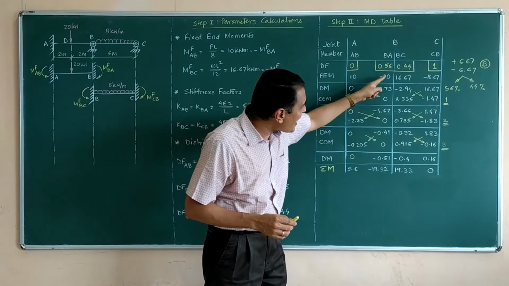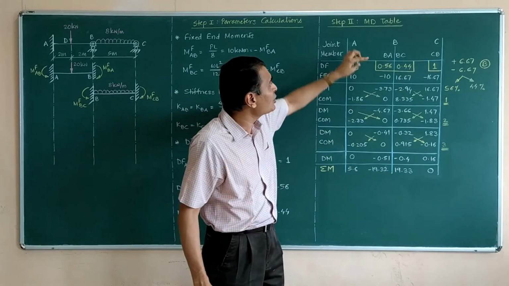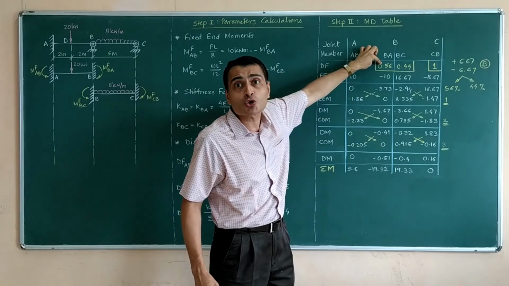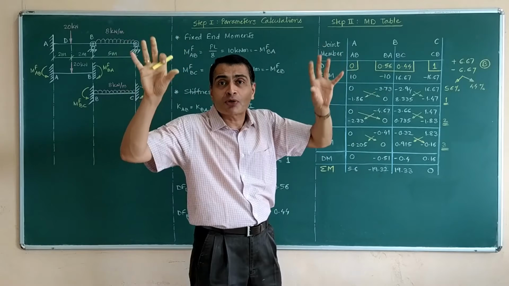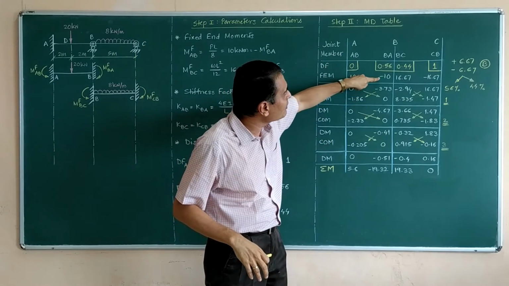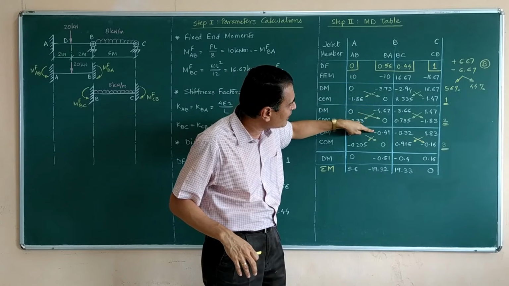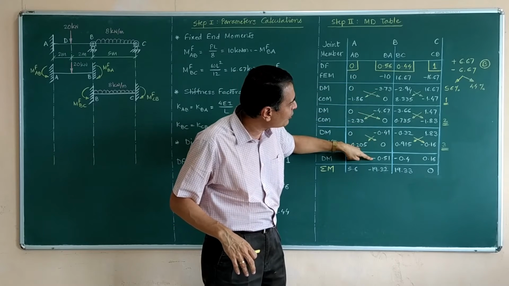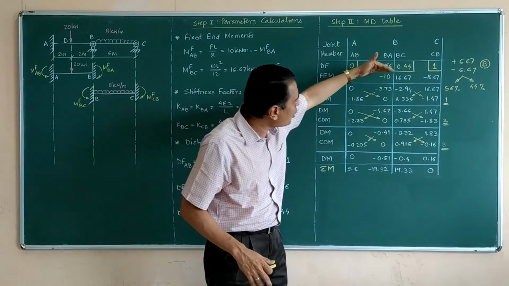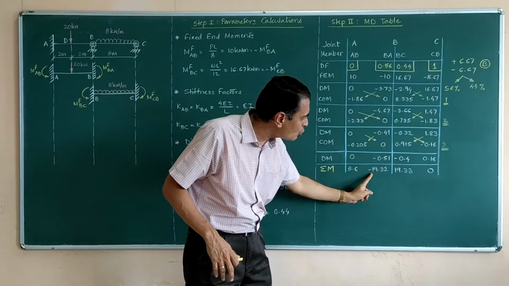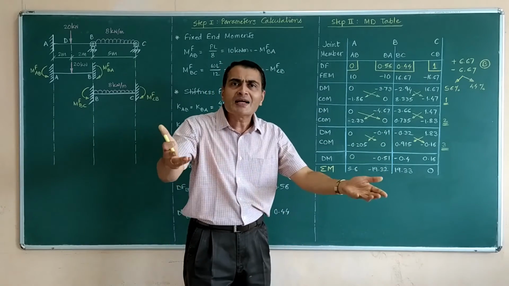I have distributed these moments after my 3rd cycle, and now whether to stop here or not, I have to decide by just adding these moments. And this is where I was saying that you are likely to add this figure also. So be careful about it, keep it separate, highlight it, it's different. So what do I do? I start with minus 10, minus 3.73, minus 4.67, minus 0.41, minus 0.51. These are all zeros, otherwise I would have added them also. All this summation comes out to be negative 19.32. You try it actually.